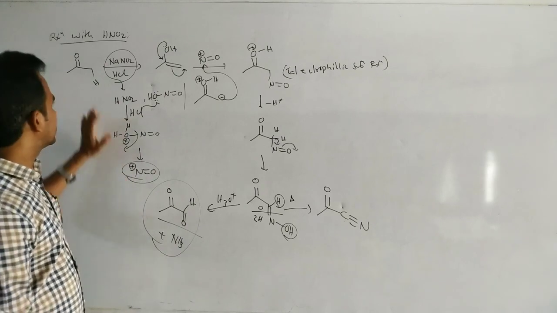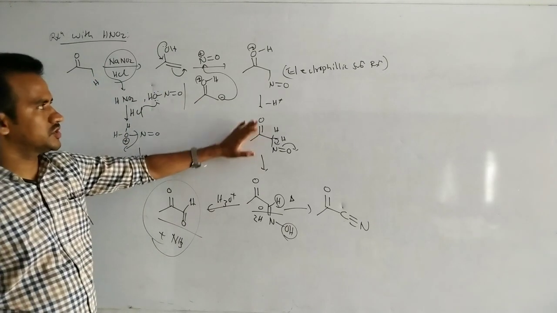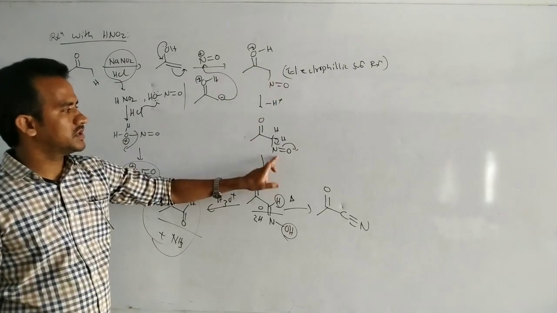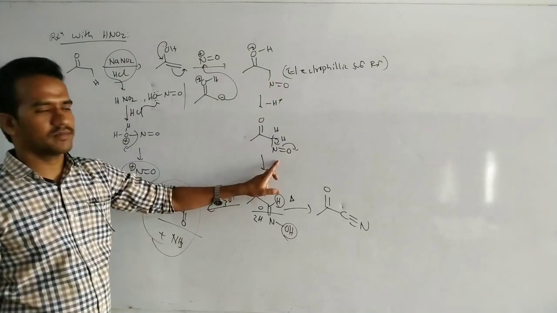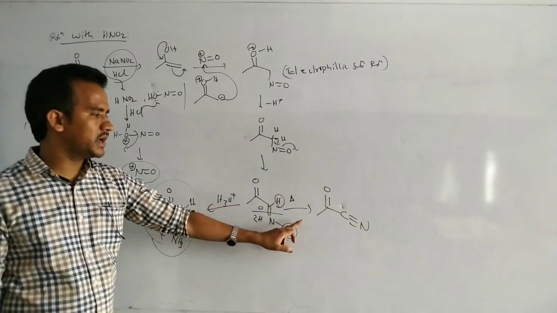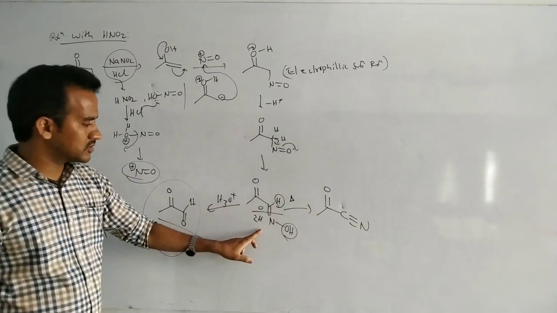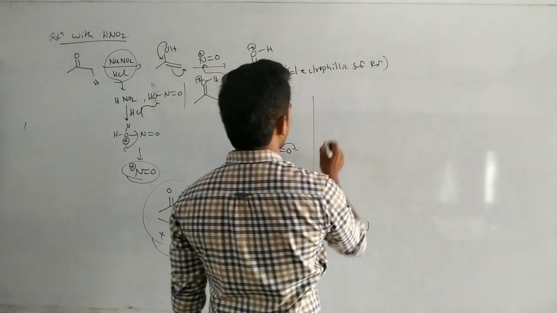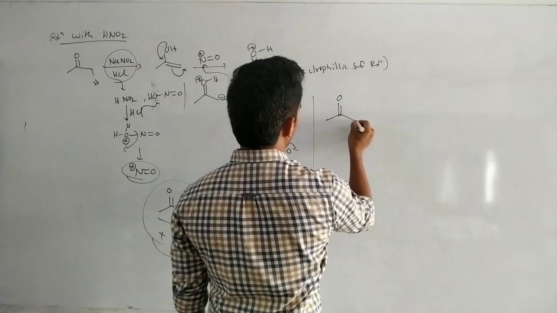Okay, first the NO plus electrophile is formed, which replaces the hydrogen. So you will get this compound. Now these hydrogens can be inverted in a tautomerism, a 1,3 shift of the proton. So you will get the oxime. This oxime on heating gives a cyanide. This oxime on hydrolysis produces a carbonyl compound. Okay, so you write the product for this reaction.